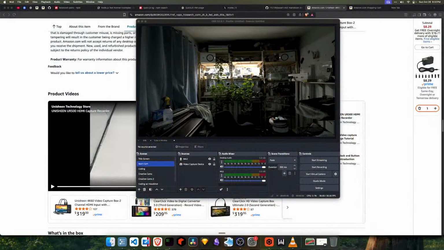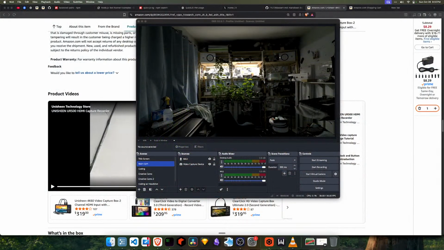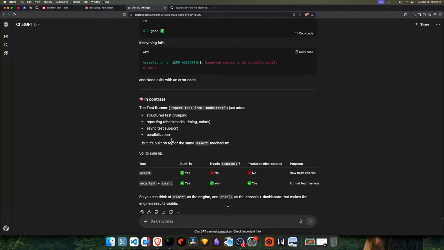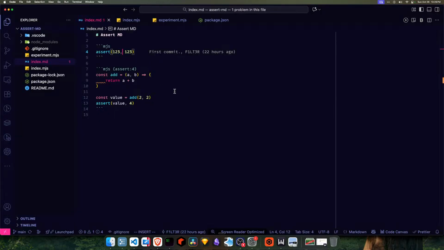So here, it seems to be stuck on an old screen. That keeps happening. There we go. All right. So I have some code here. Assert 1, 2, 3 is 1, 2, 3, but here I want to do